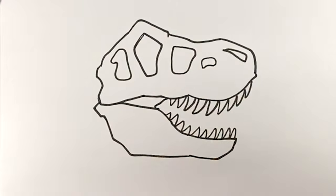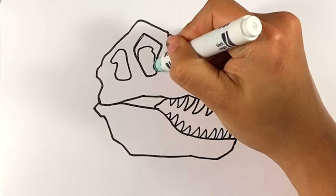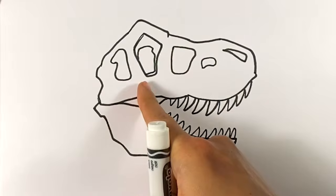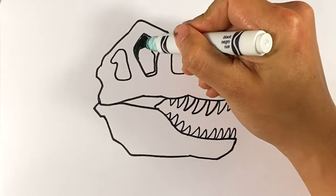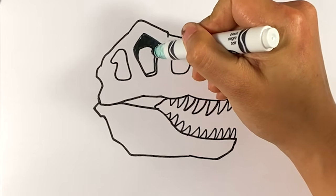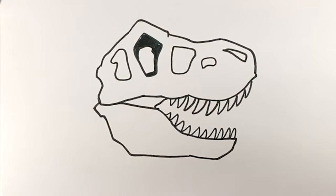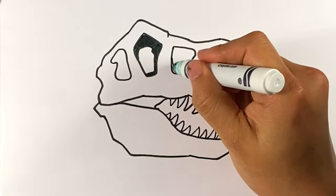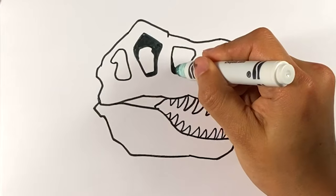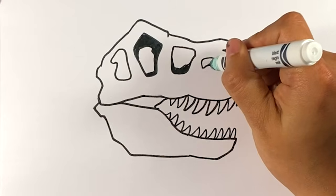So let's go over here, and when you're looking through something, it's not cardboard, right? We're looking through it, so there's a depth to it. What you can do is draw a smaller shape. It could be different, it can be similar, and then fill it in like this. You're filling it in like so, and that will be the only one where the darkness is on the top. Maybe on this one we do the bottom here, because I want it to be obvious which one is the eye, right? Down over here,